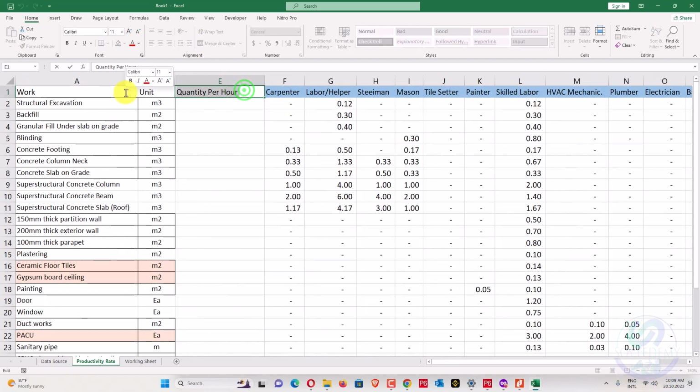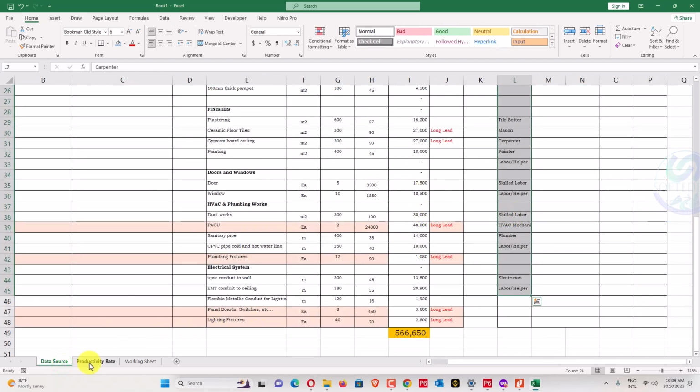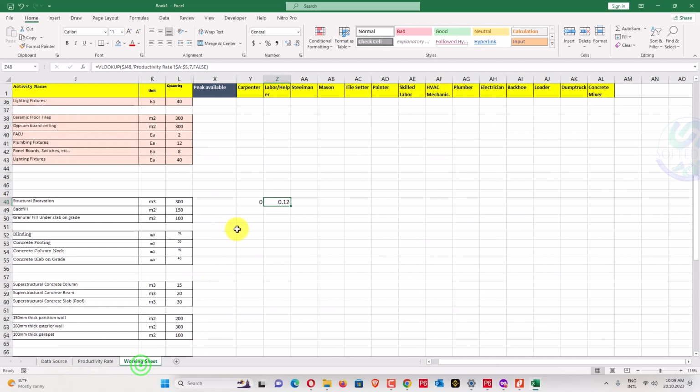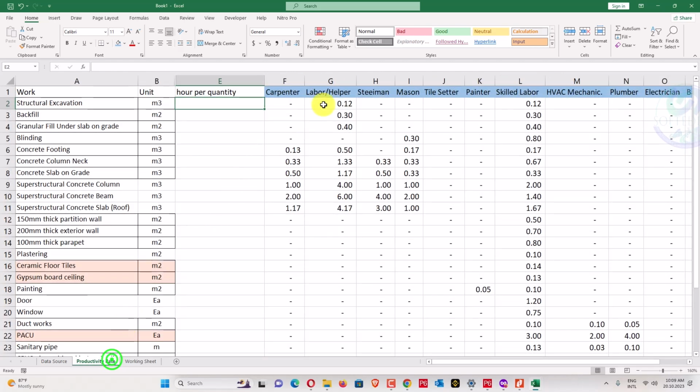This is hour per quantity, because hour per quantity will be multiplied. It will not be divided. I will explain to you. Hour per quantity means that 0.12 hour will be taken for 1 cubic meter. Before, if it is quantity per hour, it means 0.12 cubic meter will take 1 hour.